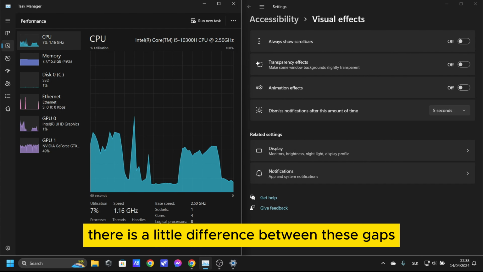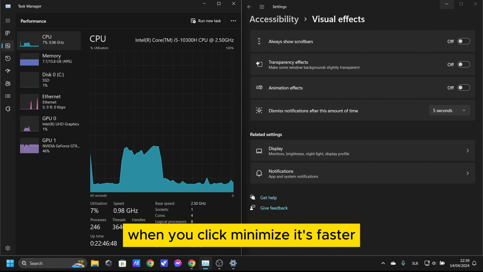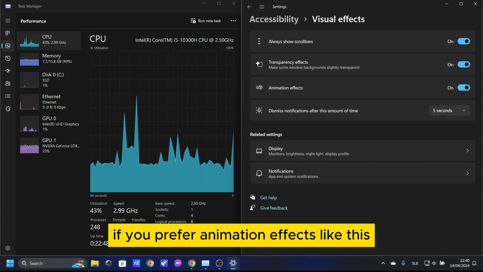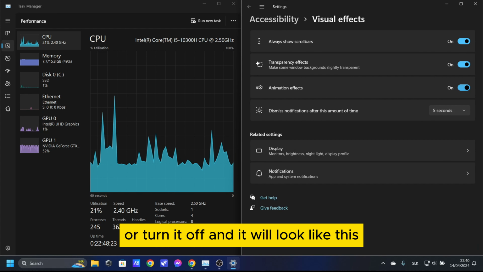As you can see, there is a little difference between these gaps. When you click minimize, it's faster. It's up to you if you prefer animation effects like this or turn it off and it will look like